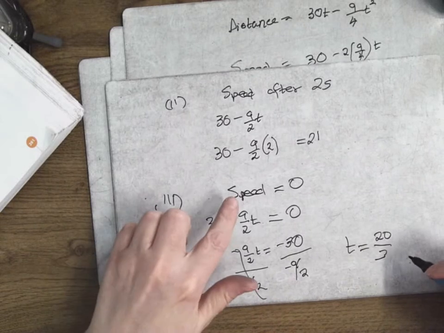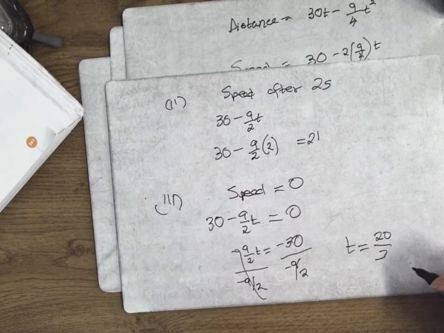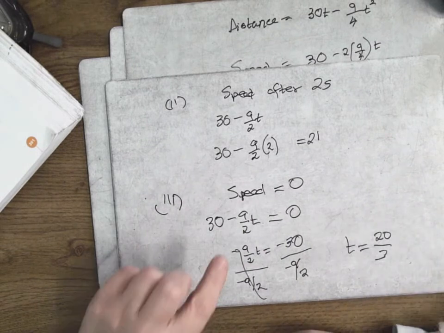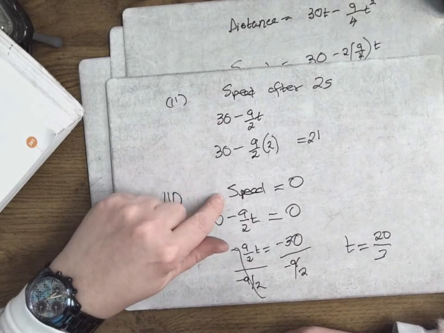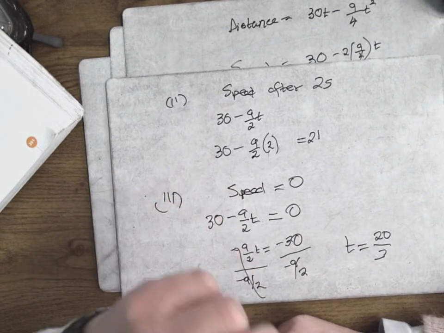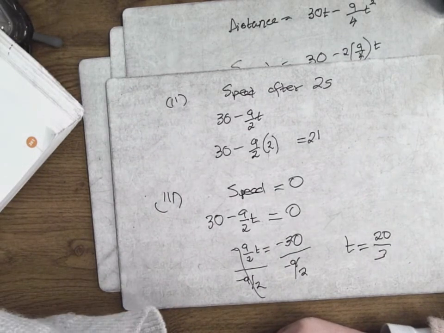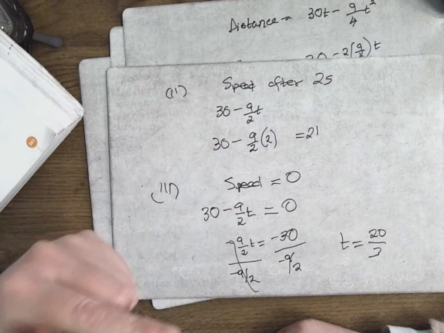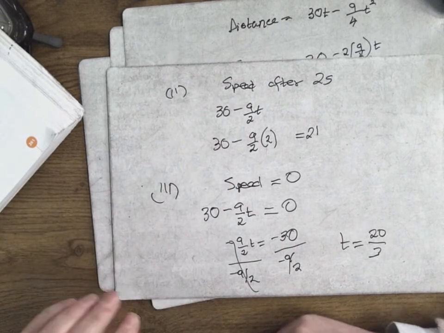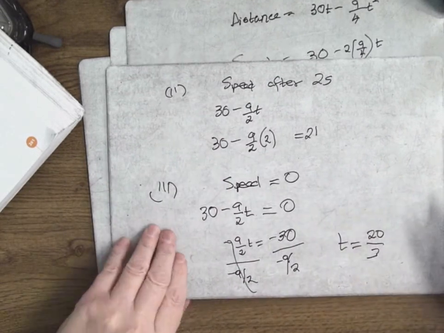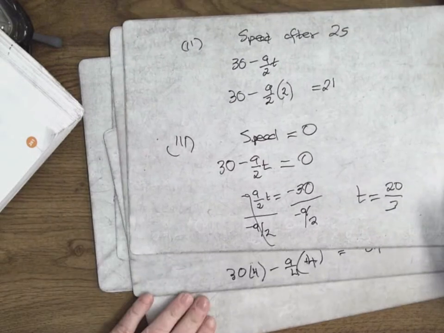So that was, they told me there the speed is equal to 0. What's another way they could have asked me that question? They could have asked me when was the car at rest, or when was the car stopped. Okay? It's the same thing. They spelt it out for you there, but normally they look to say when is it stopped or at rest. Okay? Right. The next one is